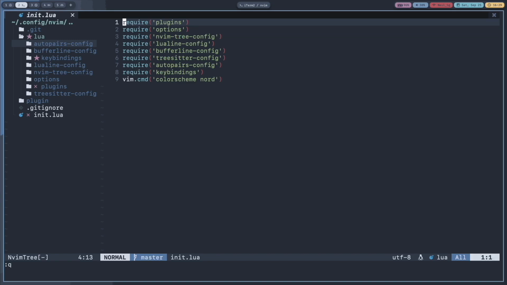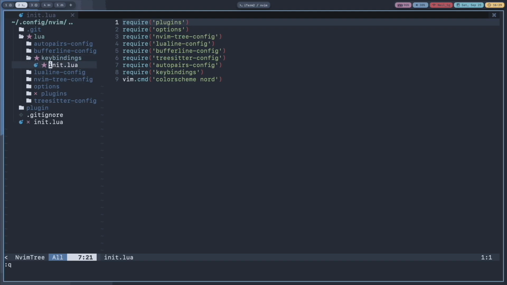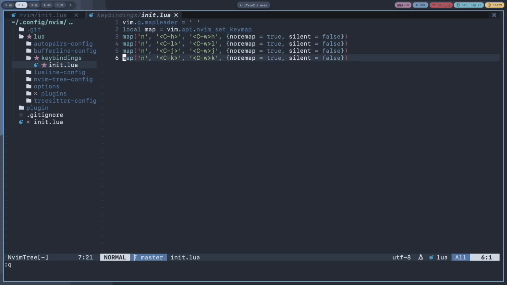Okay, now let's go to our key bindings file here again. Now let's remap jk or kj to escape from insert mode. If you press escape many times throughout the day, your pinky finger is going to hurt.